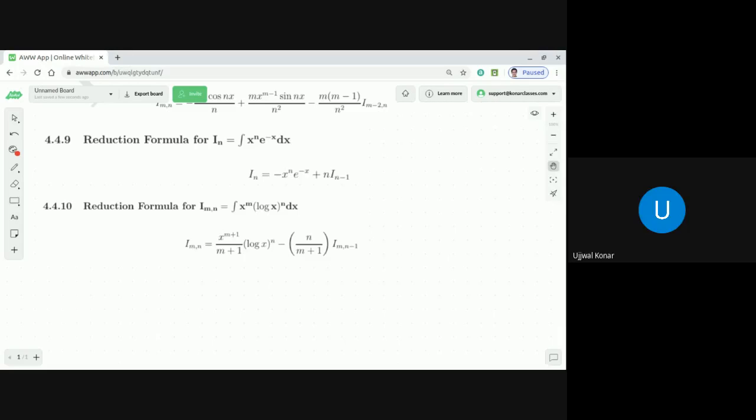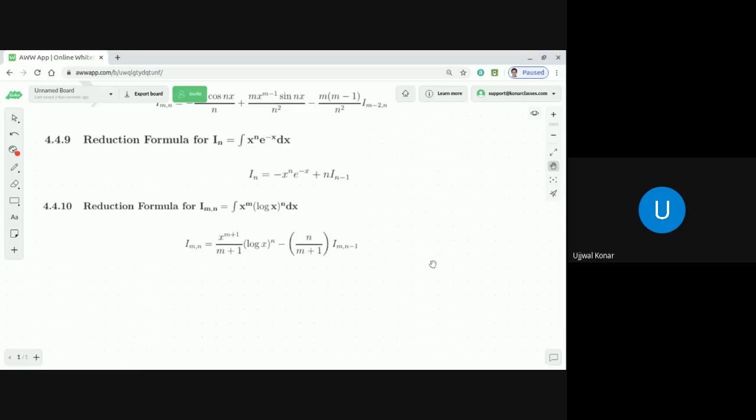So you see, here m is fixed, but n is getting reduced, and that is the advantage. After reduction, it becomes reduced to 0. That means log x to the power 0, that is 1. You are landing up with only the integration of x to the power m dx, which is, you know, x to the power m plus 1 by m plus 1, correct or not? Yes.